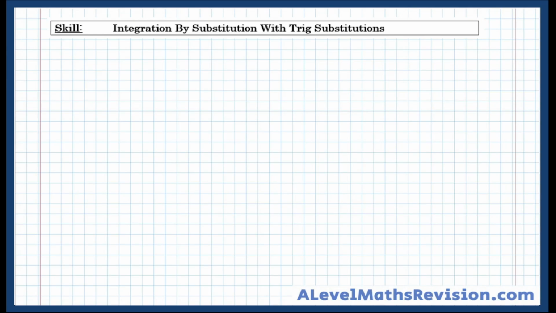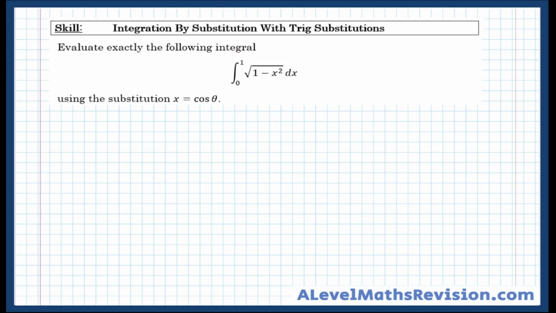In this lesson, we're going to have a look at some more challenging integrations by substitution with trig substitutions. So the example we'll get straight on with, and you'll see why this is different to what we've been looking at in the past. And here's the question. Evaluate exactly the following integral. It's the integral between 1 and 0 of root of 1 minus x squared,